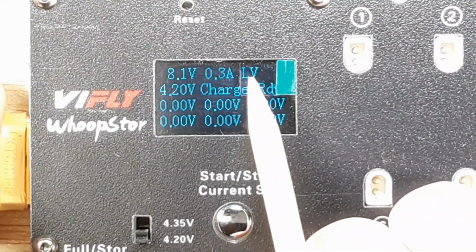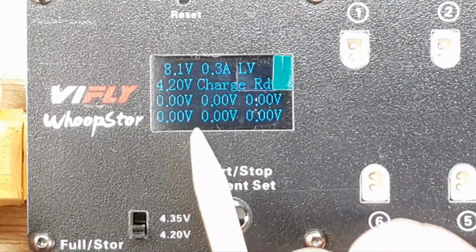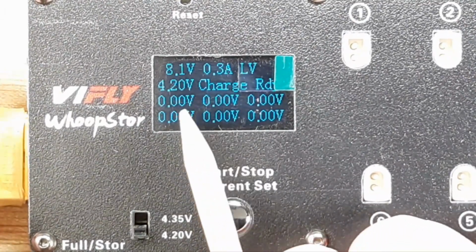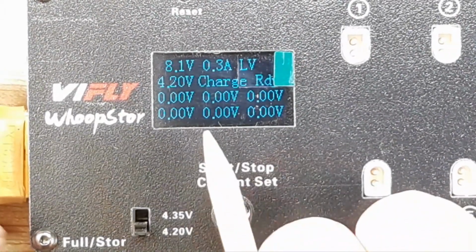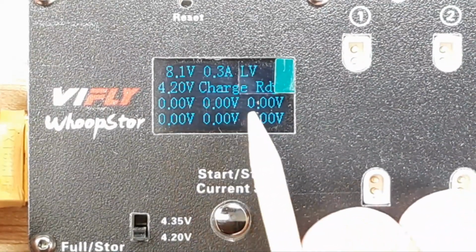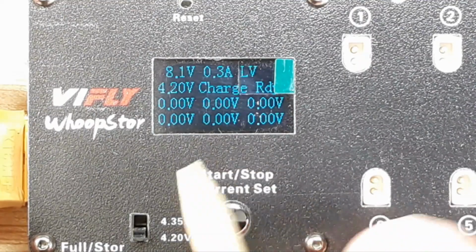And that's low volt. So there's high volt, low volt. So 4.2. And then it's really, really cool. This is a feature that I was looking at, one of the guys that had this at the race. I was kind of just watching how it was functioning. I really like that each one of them shows their voltages instead of having to cycle through it, because